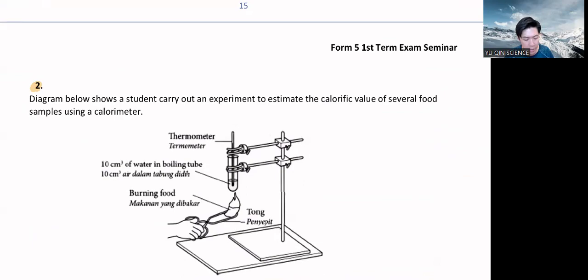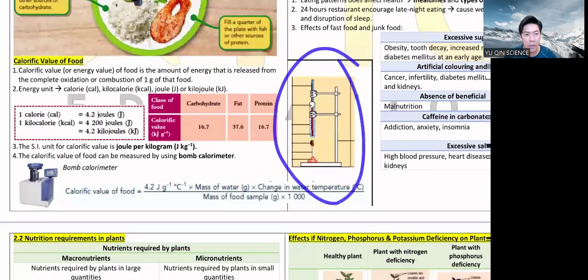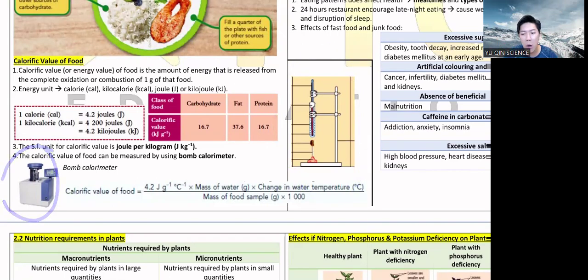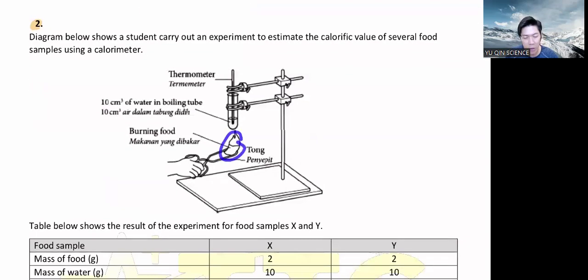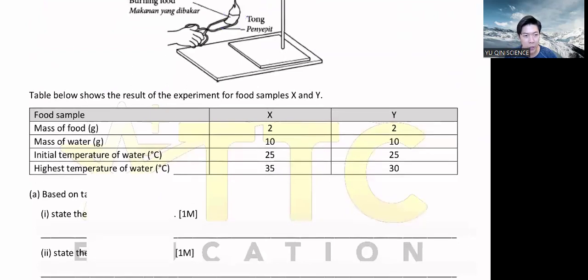So the calorimeter in the science lab is like that one, the easier one. Because in real industry, they do this one. This is called a bomb calorimeter. So we literally hold a food and let it burn and see how much the temperature goes up. Then that will determine the value with calculation.